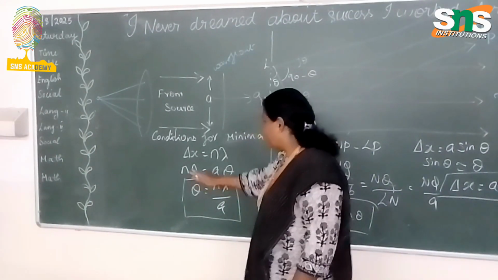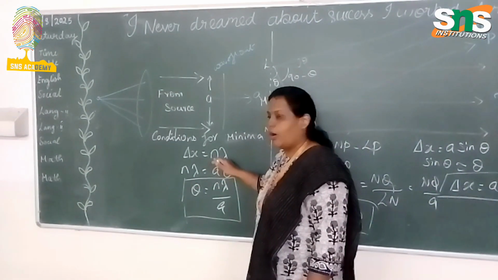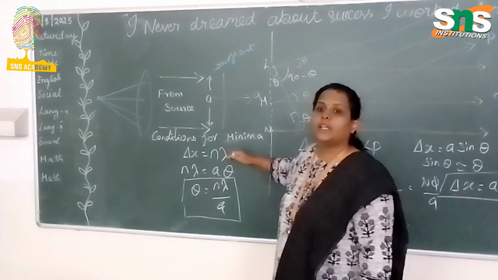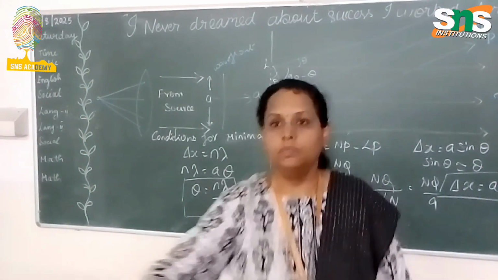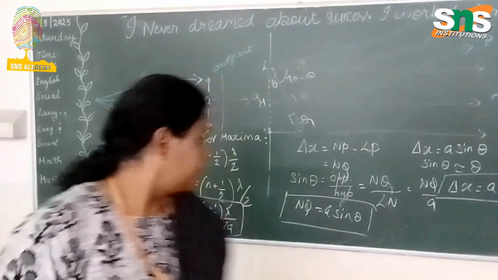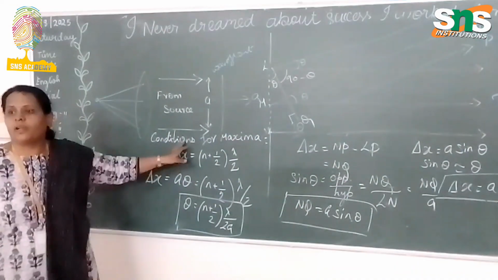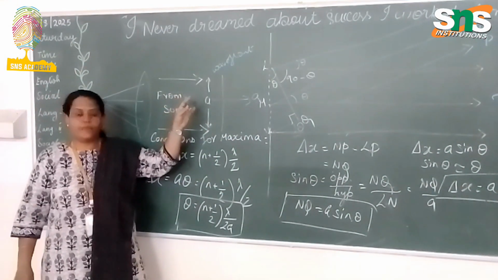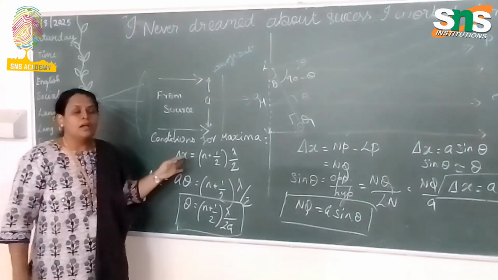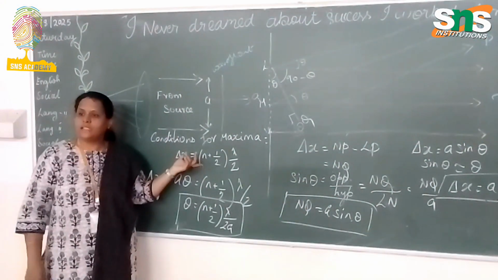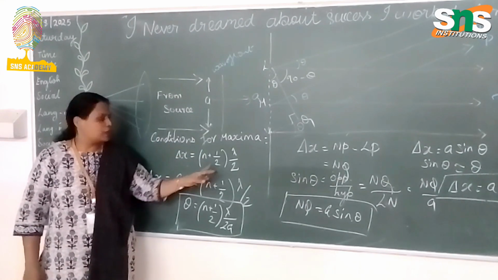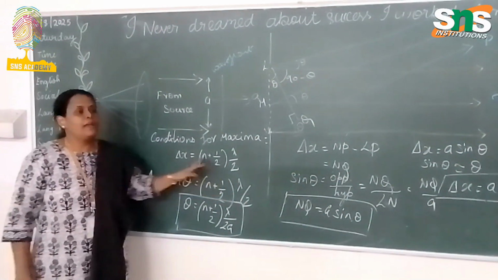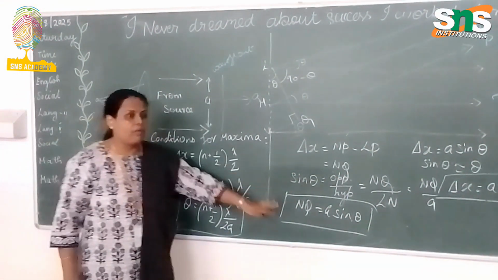So this n lambda you are equating is for destructive interference in case of diffraction. So for the condition for maxima in case of diffraction, I know my equation for destructive interference is del x equal to n plus 1 by 2 into lambda by 2. If I compare this with my equation for diffraction,